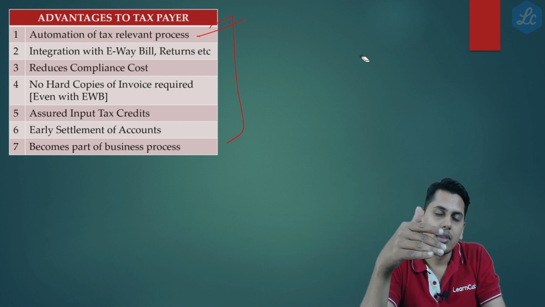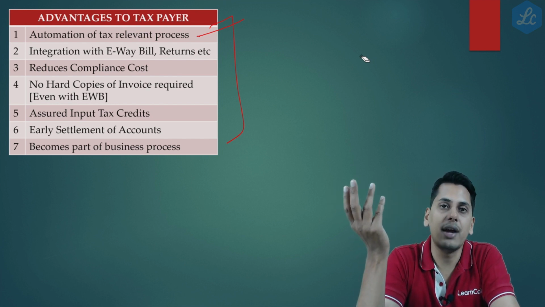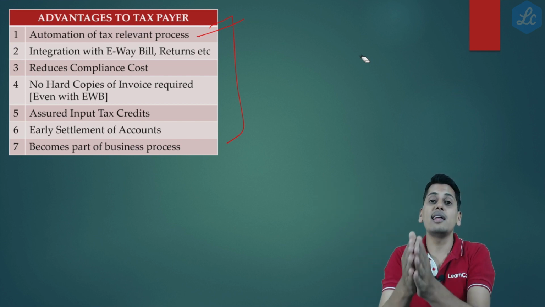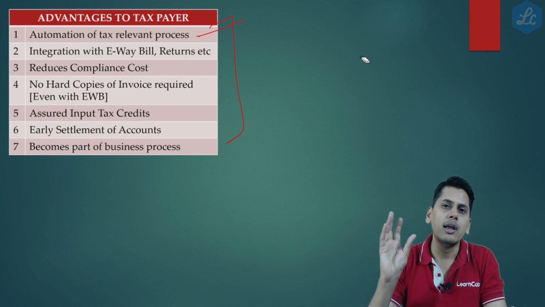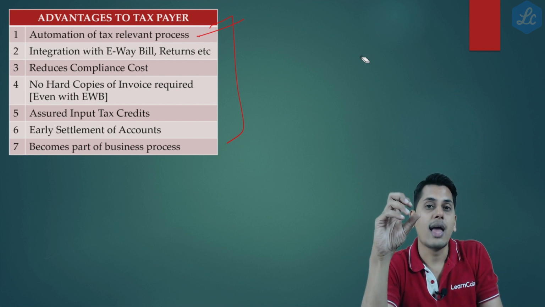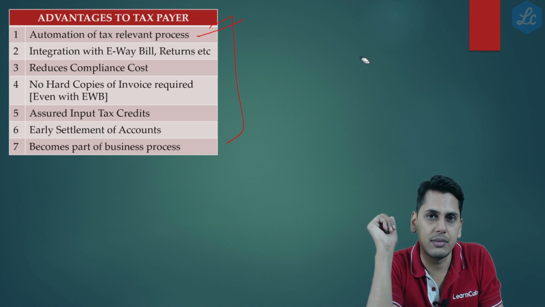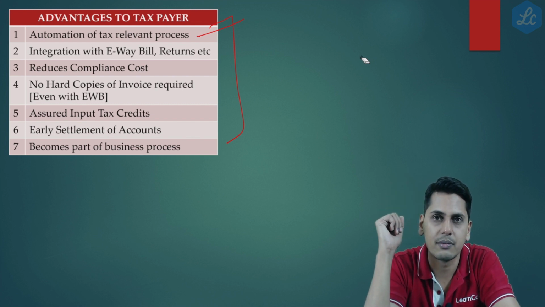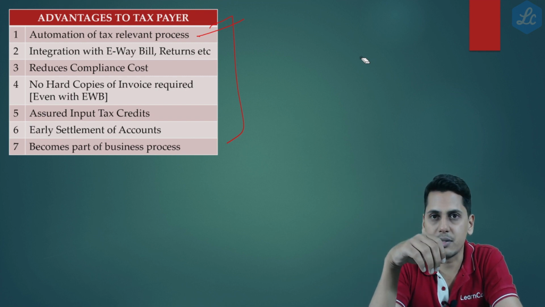That invoice, at the end of the tax period, for the purpose of filing returns, you report in GSTR 1. So first the transaction takes place and then the reporting happens. There is a gap between transaction and reporting. Therefore, reporting seems to act as an extra compliance burden, an extra work which needs to be done. Just reverse the process and visualize. First reporting happens, then the transaction takes place.